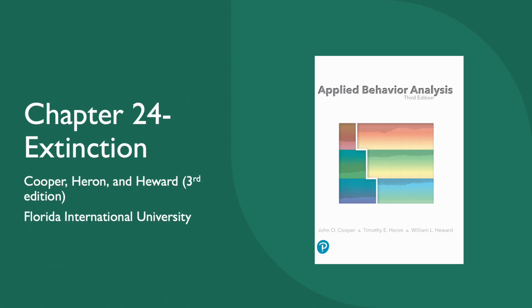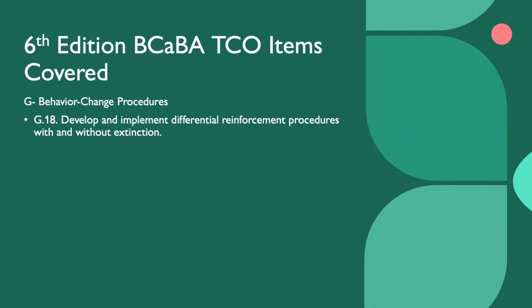Welcome back, everyone. This week we'll be talking about Chapter 24, which is on extinction. The 6th edition BCABA-TCO item that we will be covering is G18, which is to develop and implement differential reinforcement procedures with and without extinction. Actually, the topic we'll be focusing on is just extinction, but you will get differential reinforcement in the next chapter,